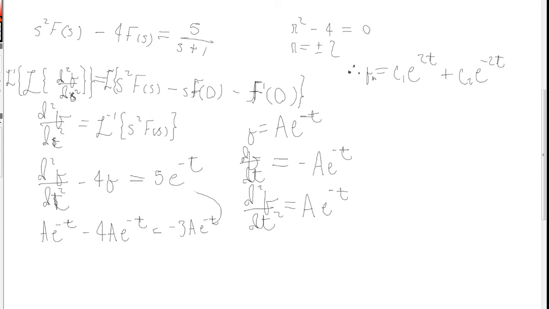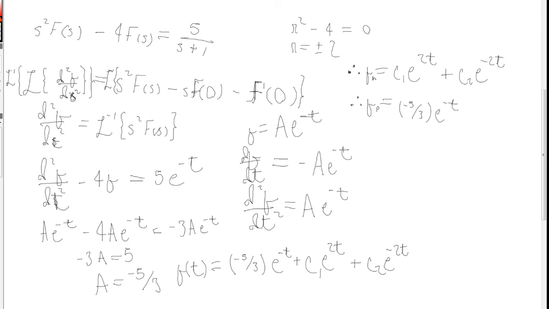And that's equivalent to this. So if we divide both sides by e to the negative t, a is negative 5 over 3. So we can conclude our particular function, which is exactly the solution to the previous one, except that we have these constants here. So that's interesting, that once we make that assumption, we get essentially a class of functions, right? Because